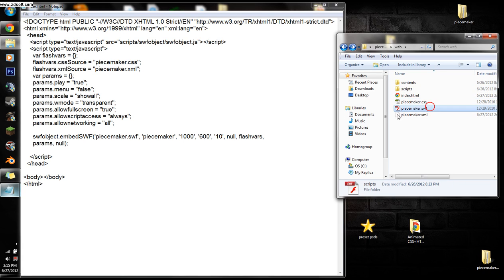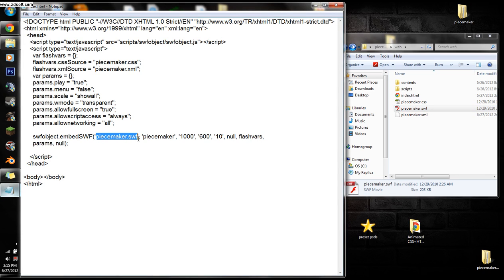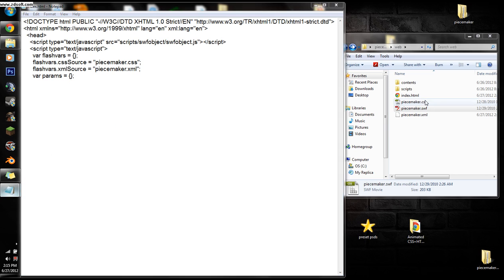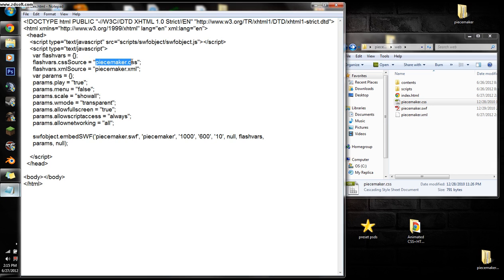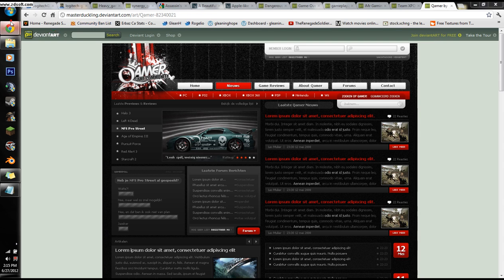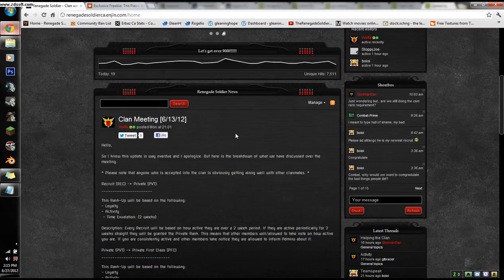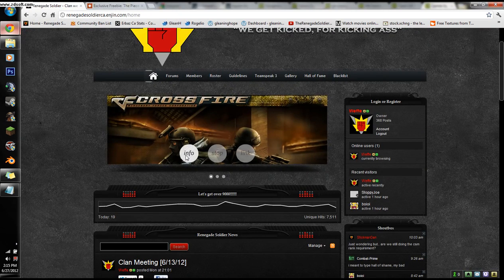The SWF basically covers the transitions and the slider. You can change the numbers here and there. And then you have a piecemaker.css, which is right here. The only thing that the CSS really edits is the